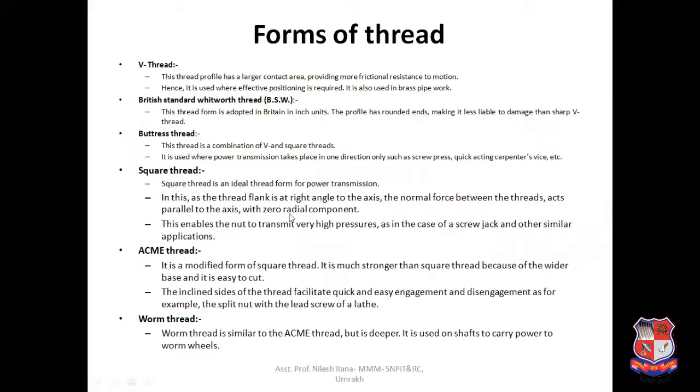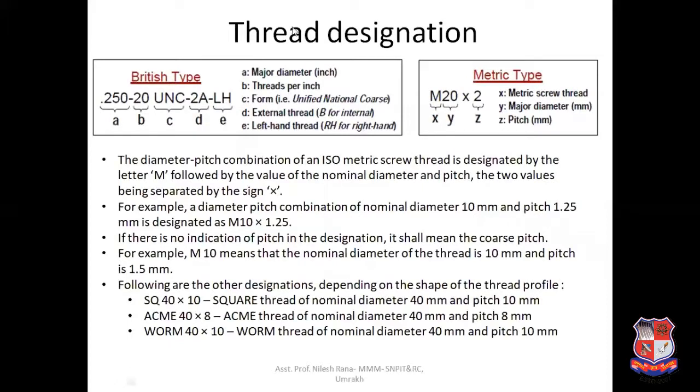So here there is a definition of the V thread, standard Whitworth thread, buttress thread, square thread, Acme thread, and worm thread. And this is the thread designation, right? So there are mainly two designations in the standard form. This is the British type designation, and that one is the metric type designation. Here you can see the British type, there is